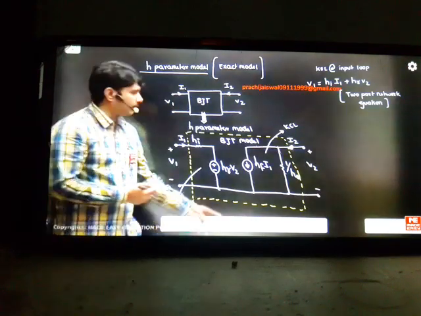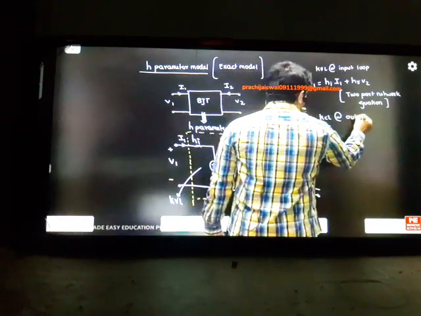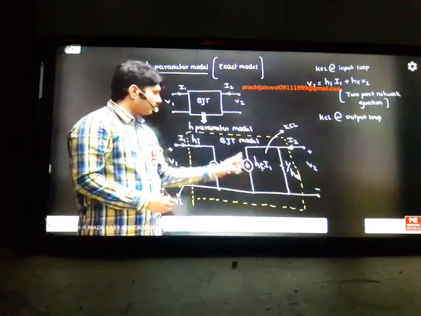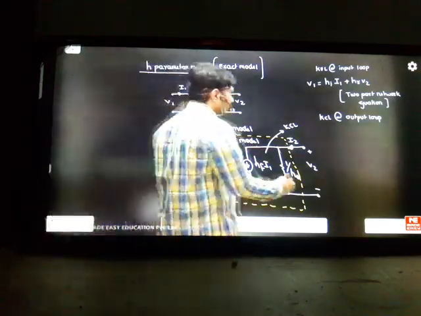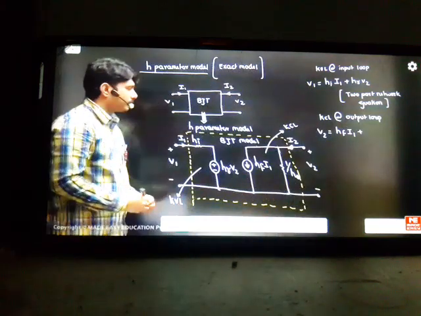And if you want KCL, suppose I apply it here, another two-port network equation you can see. KCL, suppose at the output loop I apply. If I apply KCL, this current is a division of two currents here. This is one current, this is one current. Two currents are there. Let us write the two currents. V2 is equal to HF into I1 plus